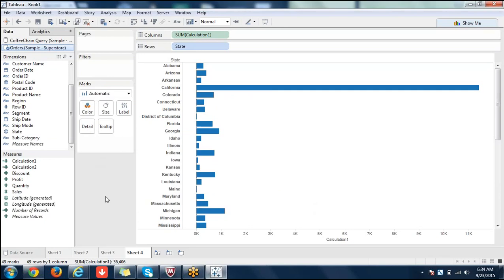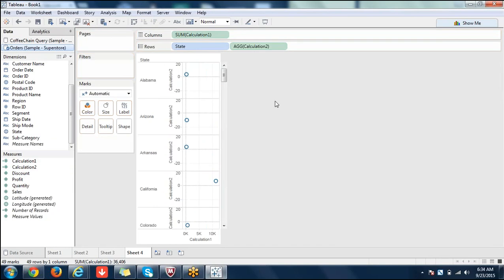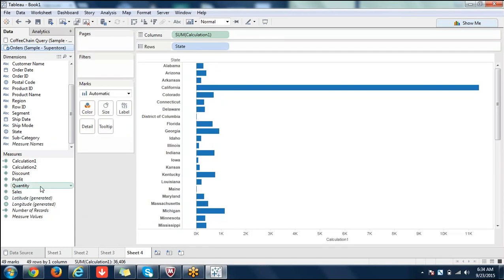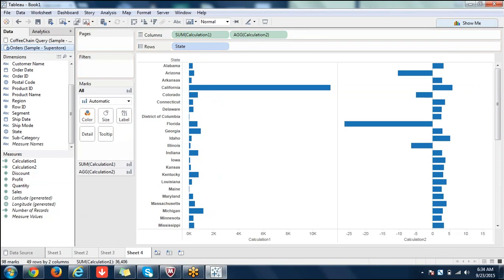This calculation is also valid, and I'm just pulling it here. Sorry. Oh, it went off. See that now? So it's aggregated value here.